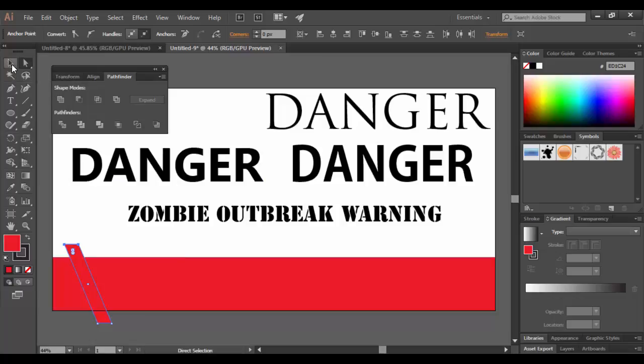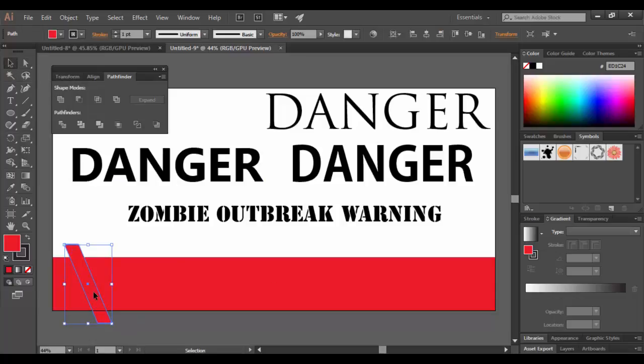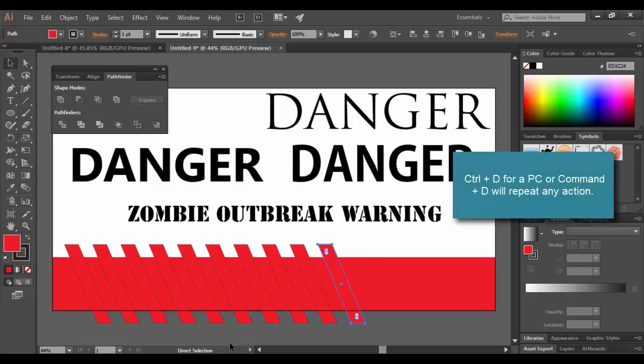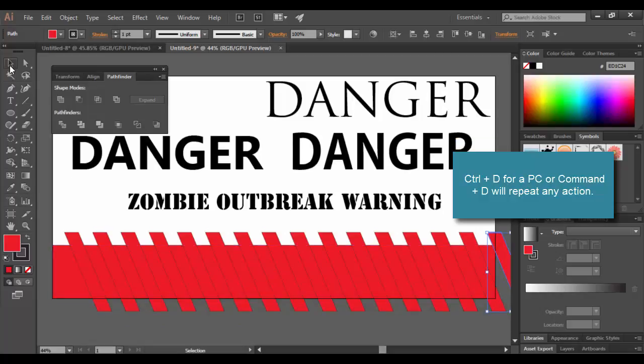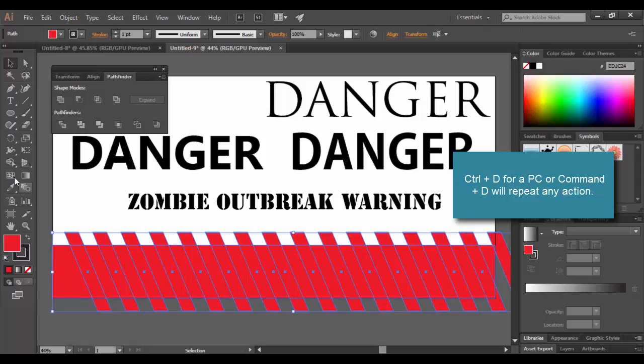And now I'll select this shape, and I'm going to hold Alt or Option to duplicate it. And I'm going to hold Shift at the same time, so I basically get it to slide over evenly. Once I have one, I can hit Control D to repeat that action until I get enough to cross all the way over. And basically now I have a bunch of these, so now I can select this whole lot of these guys, and then use the